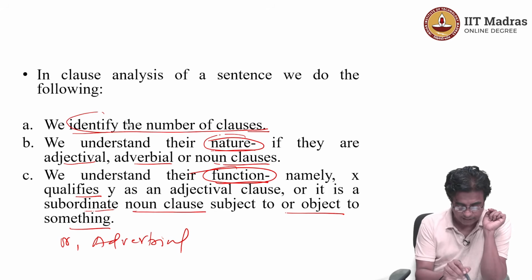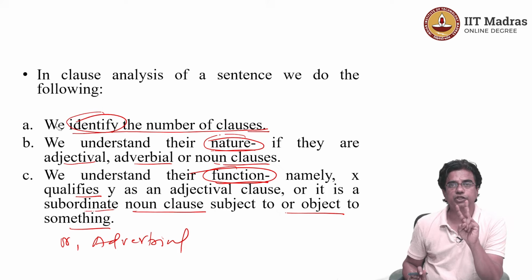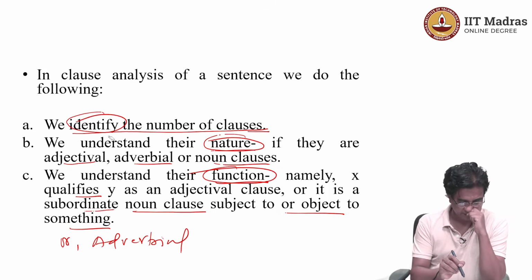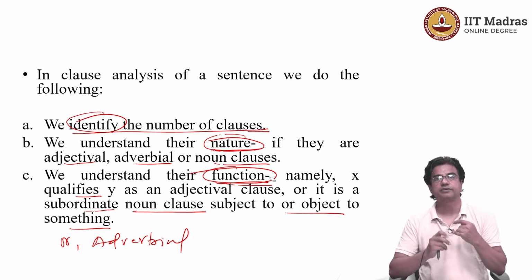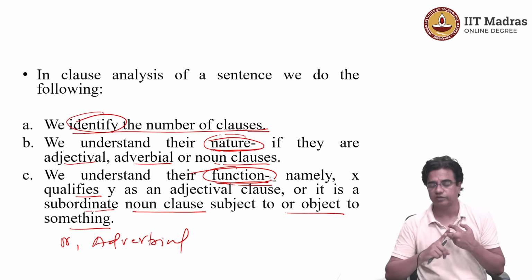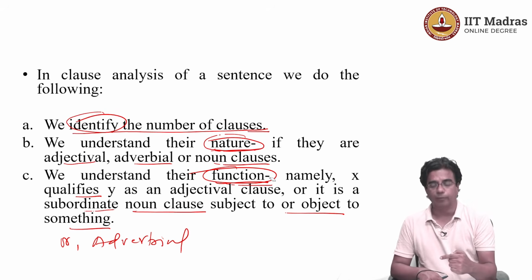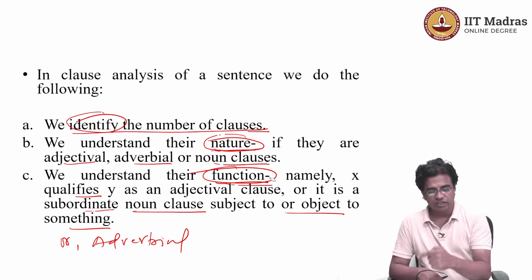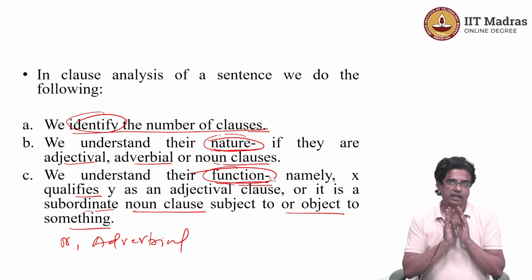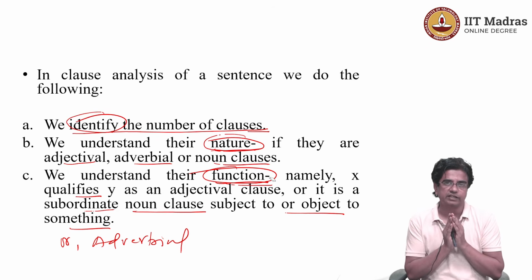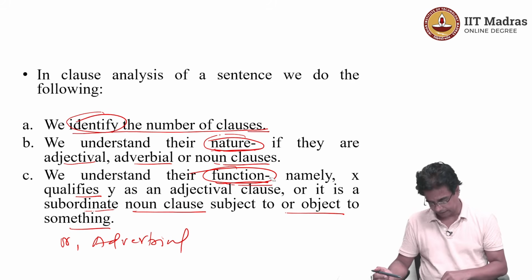So in order to identify, by three things I meant, to identify we need to know three things. Whenever we want to identify, we need to know nature and function. Nature meaning nominal, adjectival or adverbial. Functions: is it qualifying, is it modifying, is it being a subject, is it being an object, or is it just giving some additional information? If you look at these things carefully, then you get a much clearer idea about what is happening in a